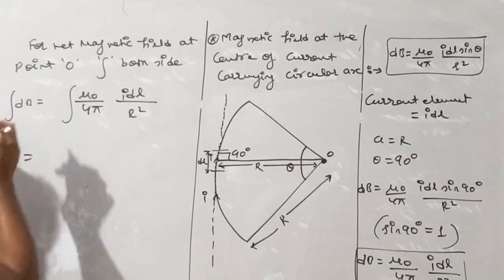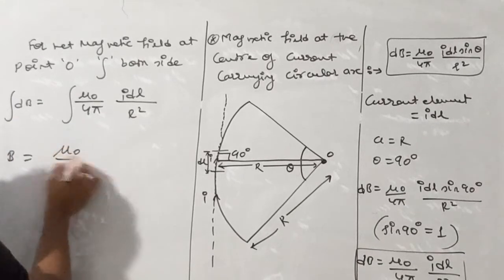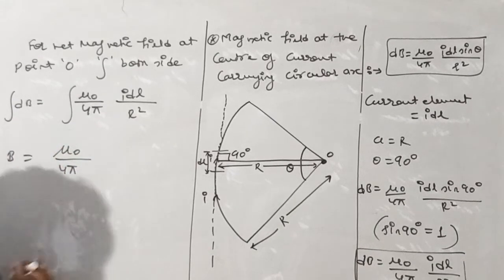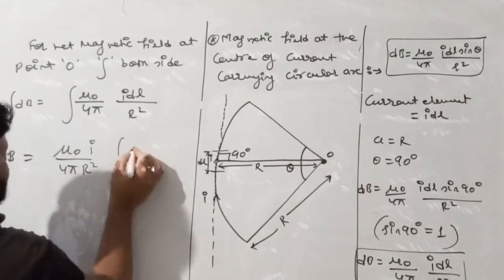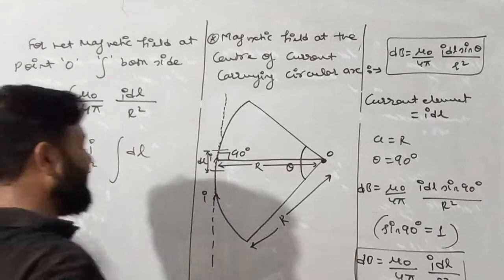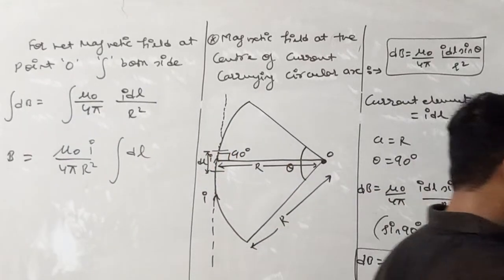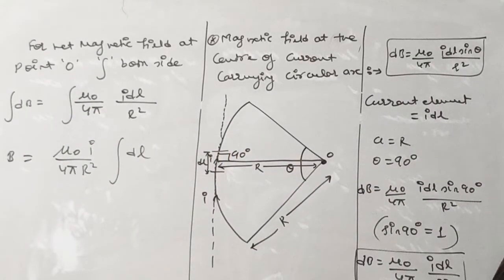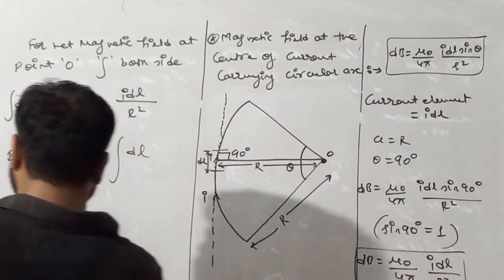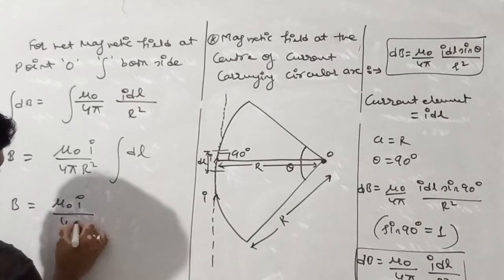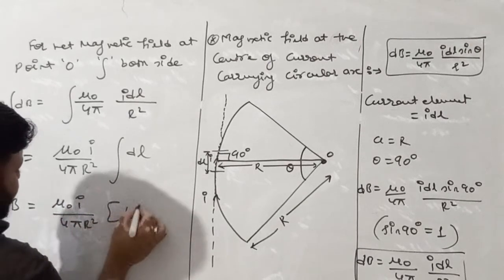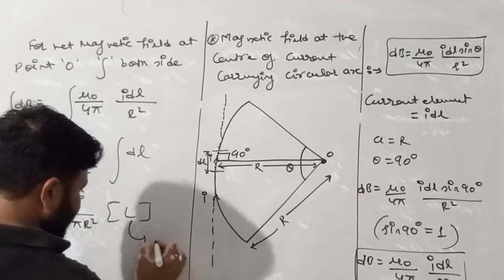So B equals mu naught upon 4 pi, taking outside because this is constant, r square is also constant, I is also constant, it is dl. Now as we all know, integration of dl is L, so B becomes equal to mu naught I by 4 pi r square, integration of dl is L. So L is nothing but